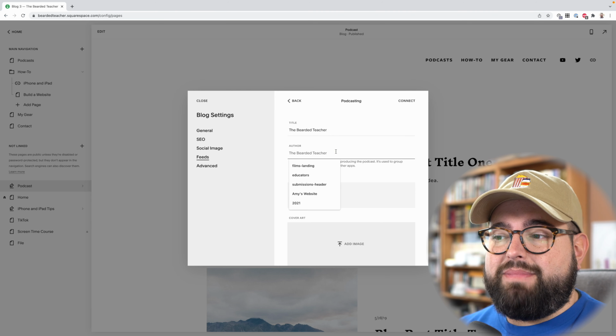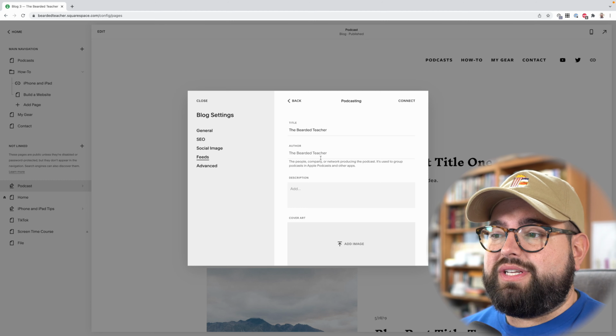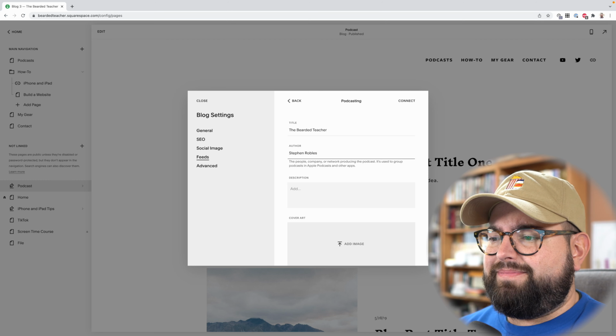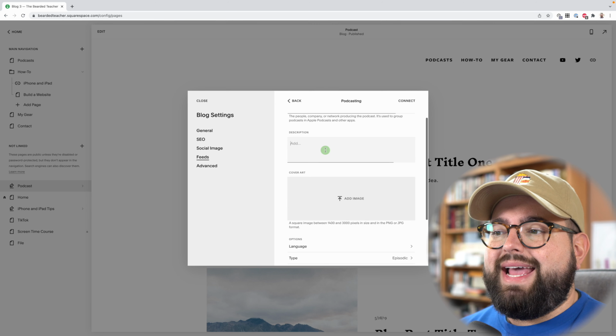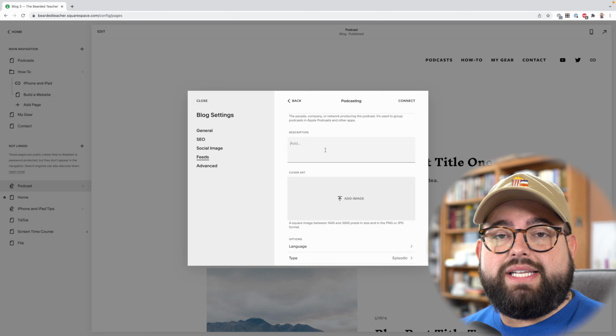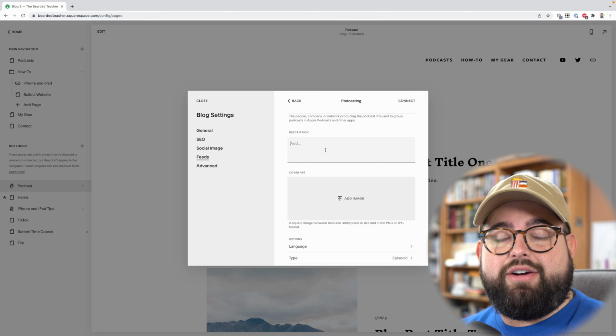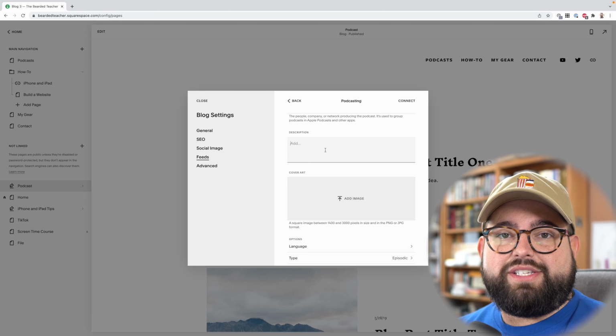Now for the author, maybe this is you and a co-host, but I'm going to put my name here for author. So there's my name. And then the description, this is the description of the podcast as a whole. This appears when someone finds your podcast in Spotify or Apple Podcasts, and it should provide a summary of what